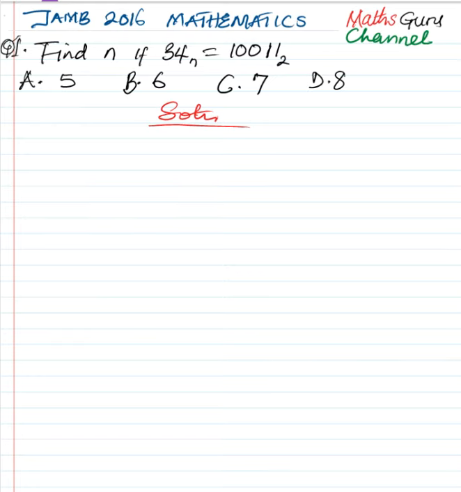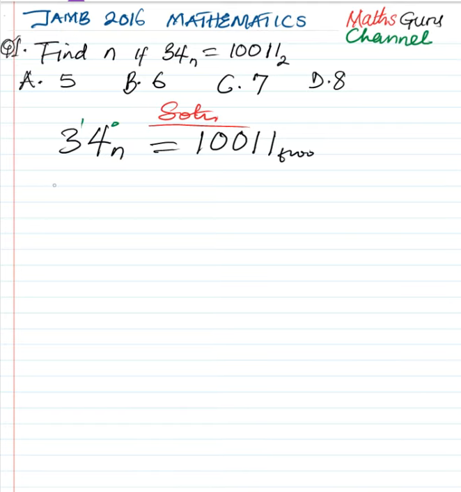So what we are going to do here is write the expression again. 34 base n is equal to 10011 base 2. Now we're going to convert both sides of this equation to base 10. To convert 34 base n to base 10, we have